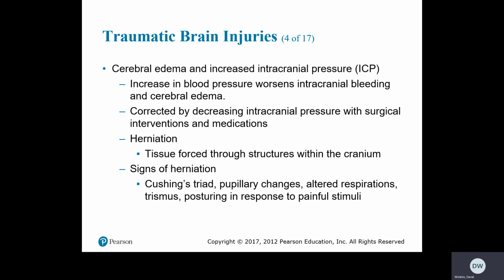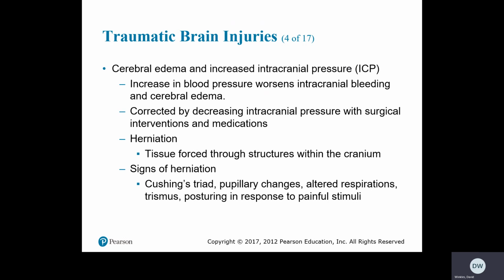And so with this pressure, the brain is actually forced and will herniate down through that opening, causing death. And this is also why we are seeing Cushing's triad, because those portions of the brain that are right there are responsible for those